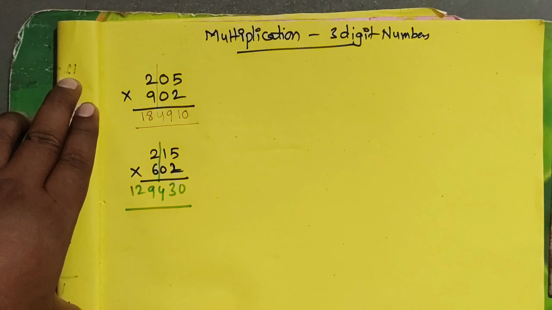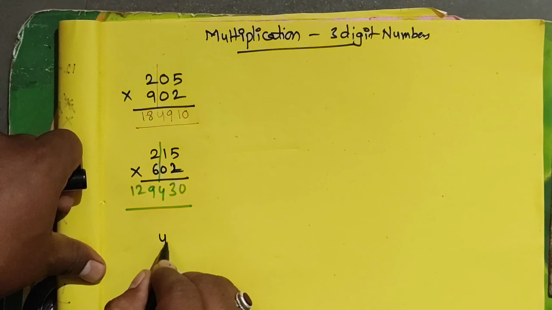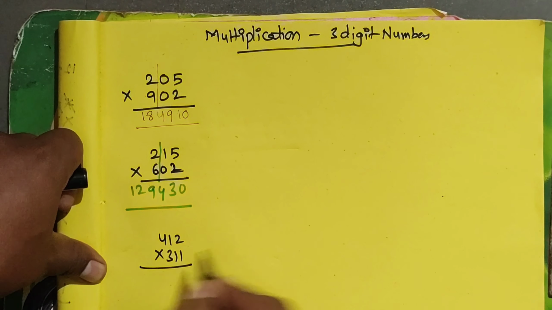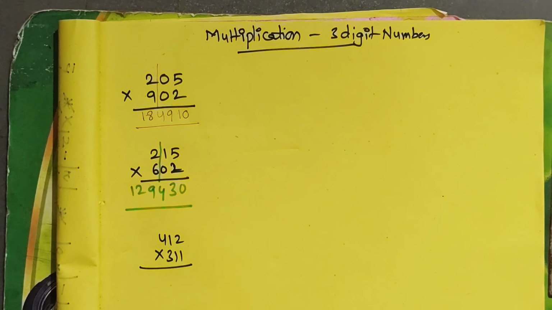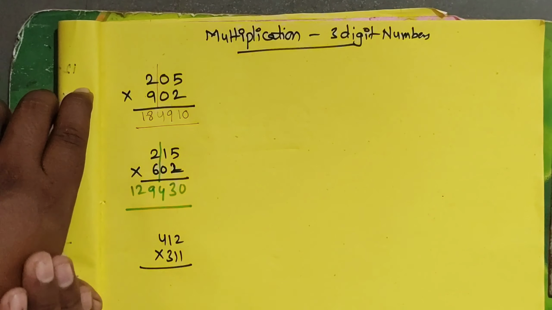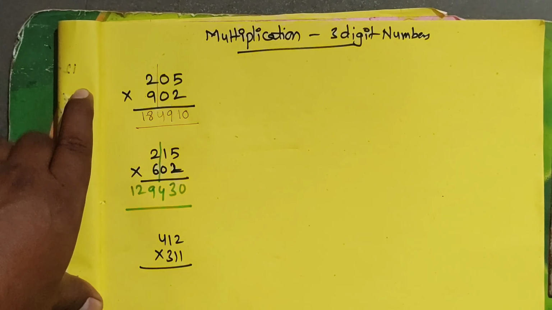The same way, I will take one more example to understand easily. That is 412 into 311. We know the 11 table and 12 table easily, so we can solve by this method. Same way, divide them as two digits and one digit. You need to take the slash every time, so we can do it simply here.